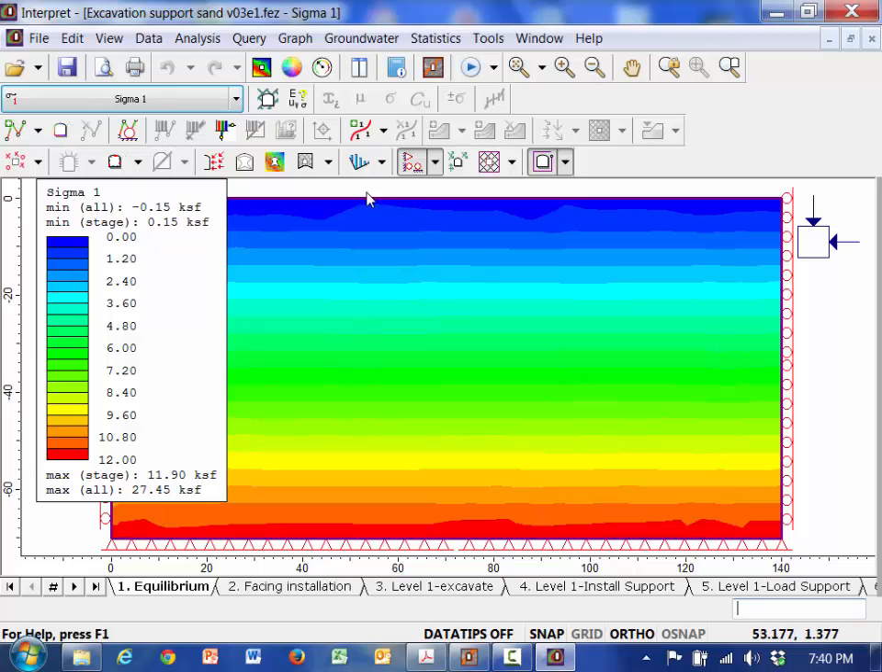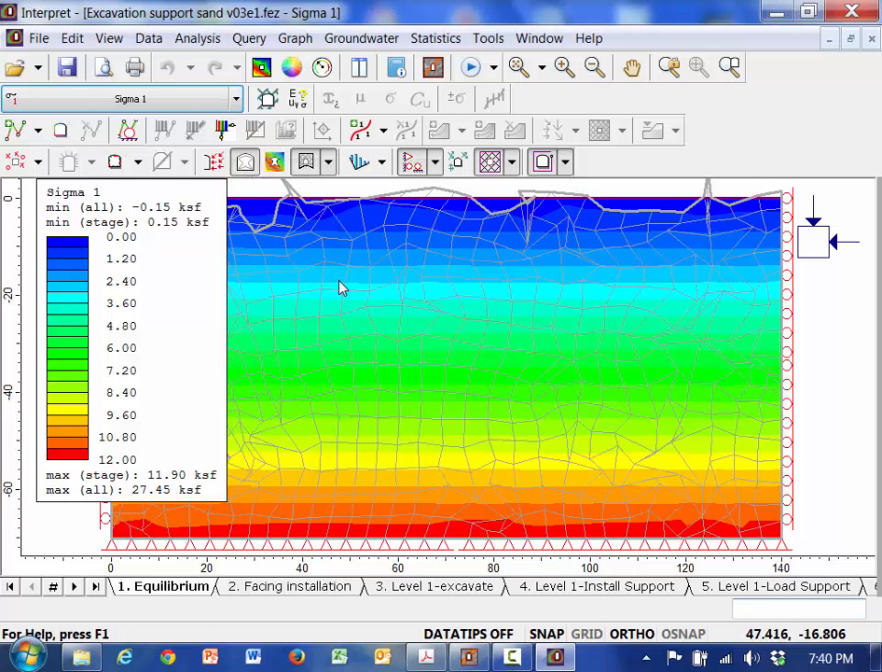So now we want to look at our answers. It's helpful to turn on the display of the. I like to turn on both the elements and the